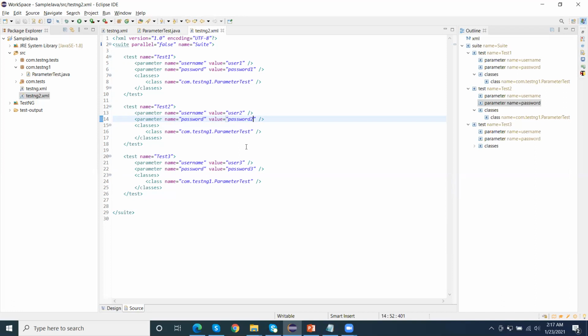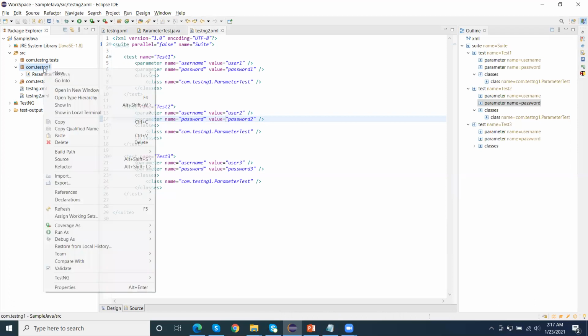TestNG provides one more annotation known as the @Factory annotation. With the help of that annotation, we can create multiple objects, multiple instances of that class at runtime. Now I'm going to show you how we create and run the test using the factory annotation.